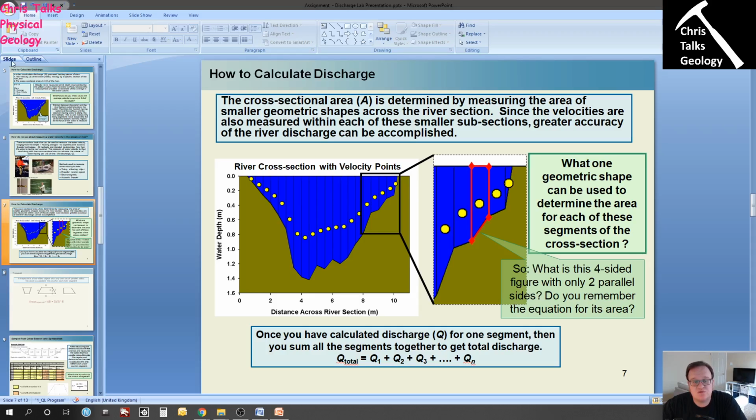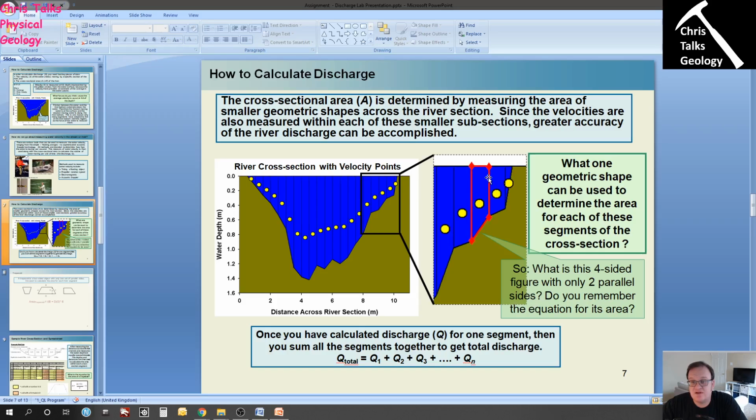Well, what we do is we calculate or split the river up into lots and lots of separate slices. And we take a velocity measurement for each of those slices. And so what we're going to do is we're going to use the area of each slice and its velocity to calculate a discharge for each slice, and then we add all those slices together to give us the total discharge for the river. So as you can see marked here in red, this is one of the slices,